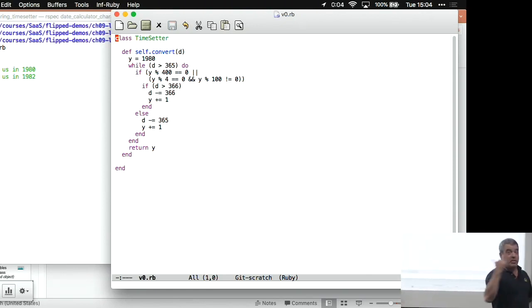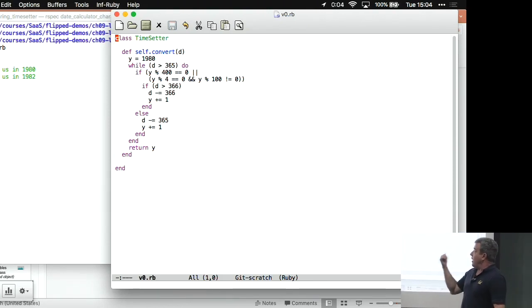complicated. This is something that would show up as both a cyclomatic complexity issue, because there's a lot of paths